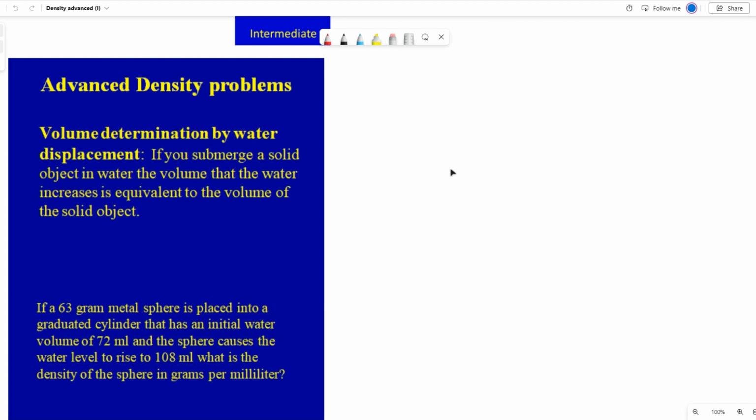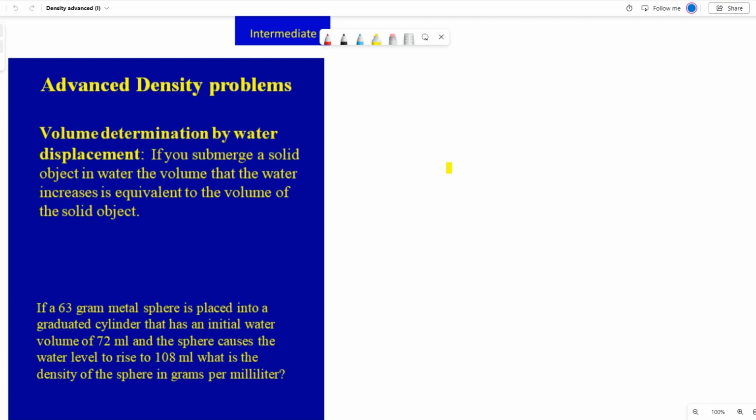So I have up here volume determination by water displacement. What that means is if you submerge a solid object in water, the volume that the water increases is equal to the volume of the solid object. If you need to determine the volume of a solid object to determine its density, it is often rather tedious if you're going to be doing it by calculation. So a simple way that chemists use to find the volume of a solid object is to simply submerge it